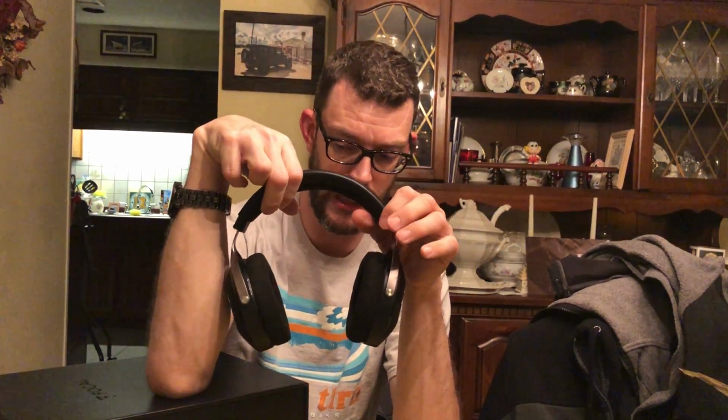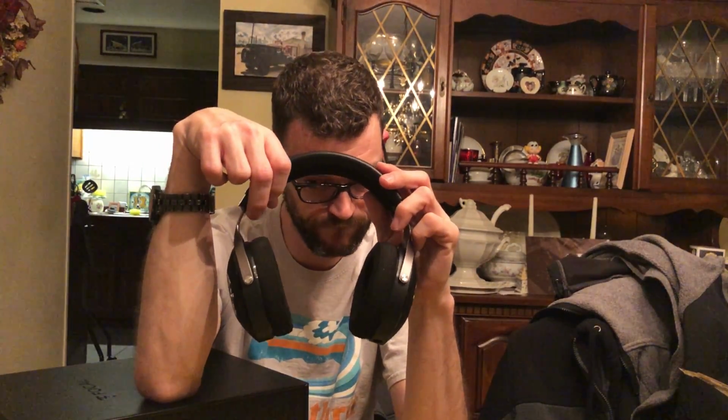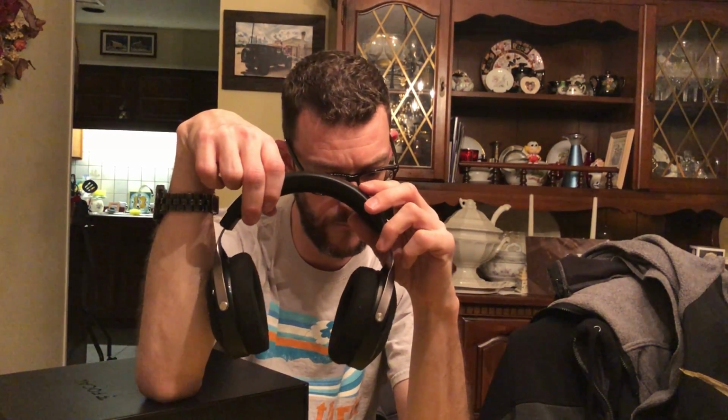way that I can describe the soundstage, and usually you don't describe the soundstage of an open back headphone with this word, but with these you have to, and that word is tight. These are the tightest open back headphone I've ever heard in my limited experience with reviewing and listening to the mid to higher end spectrum of headphones. So what I mean by tight,